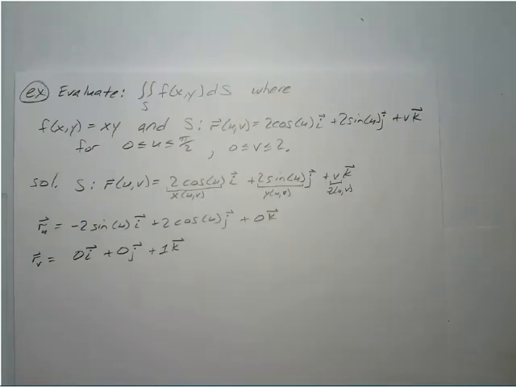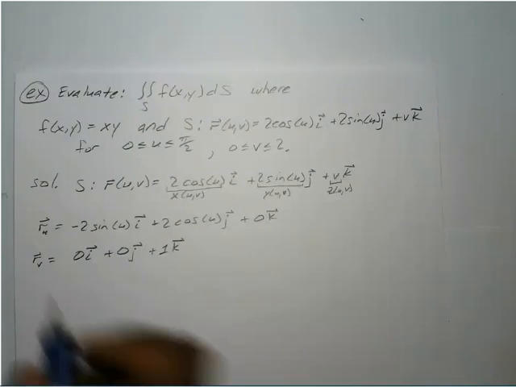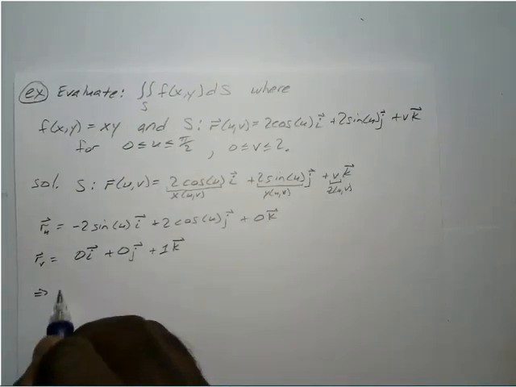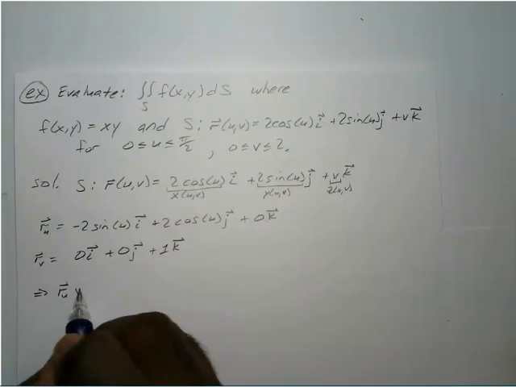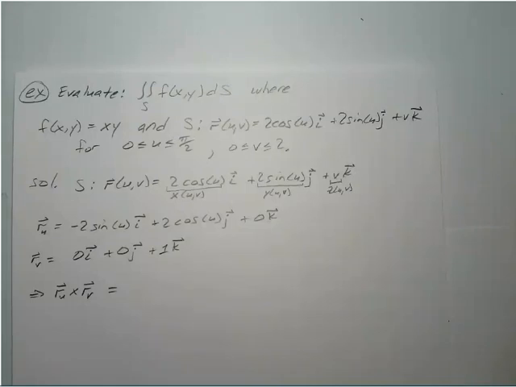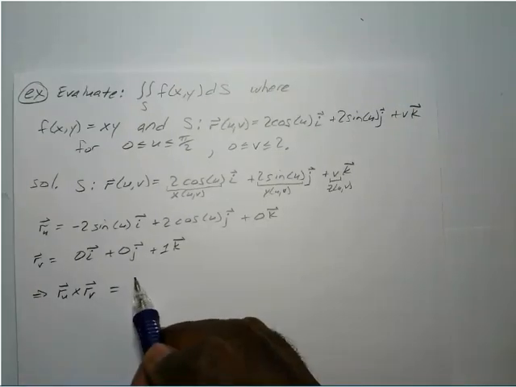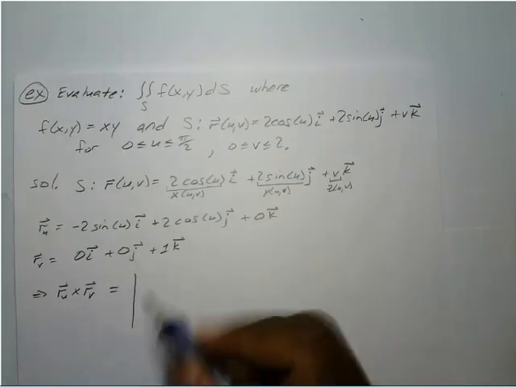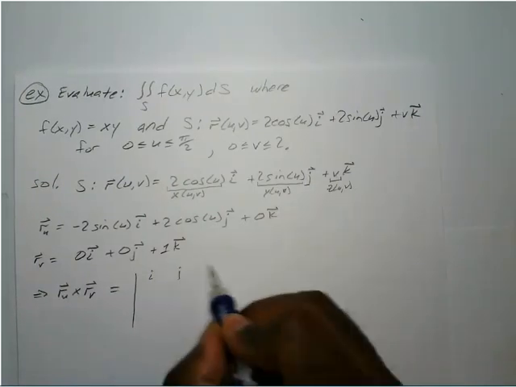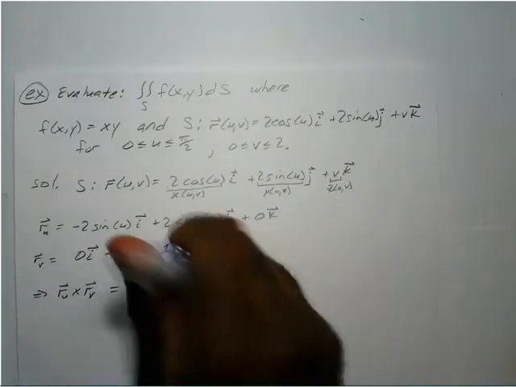Okay, so now we find the cross product of those two. Okay, so our cross product, if you remember, I'm running out of pencil lead here. There we go. If you remember for the cross product, your first row is your I, your J, and move that, give it a little more room,